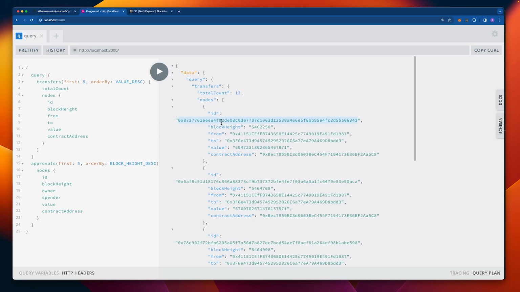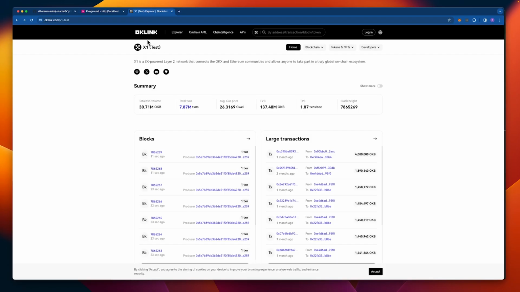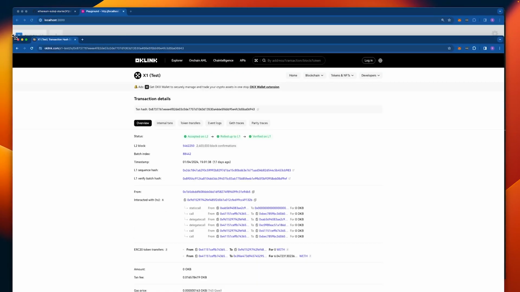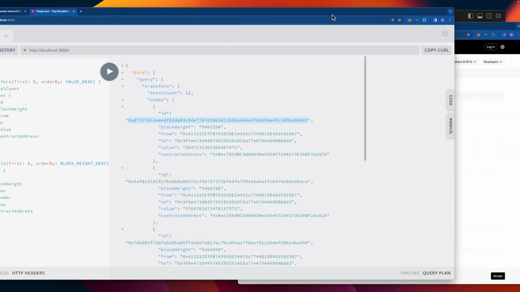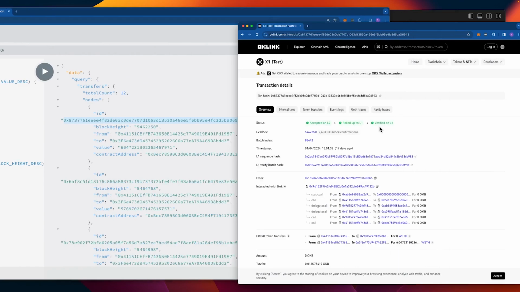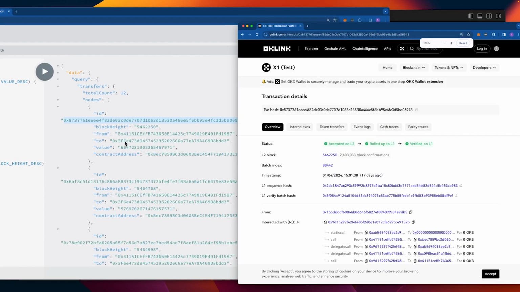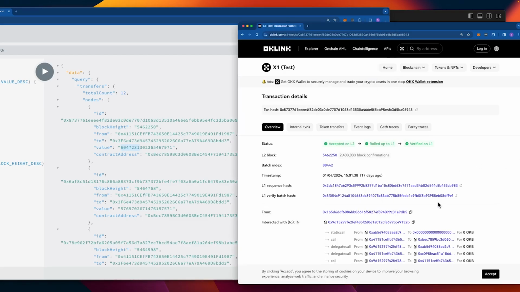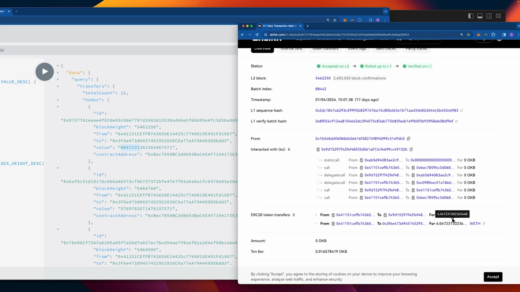So how do I know this is correct? Well, let me go ahead and copy out the transaction ID here, and I'll go to the OKLink blockchain explorer. Let me paste in the transaction ID, and let's do a quick comparison here, where you can see the value here is 6047, and down here you can see we've got